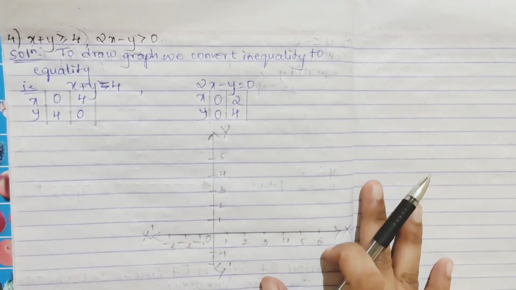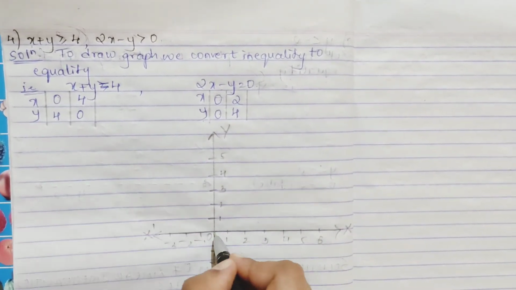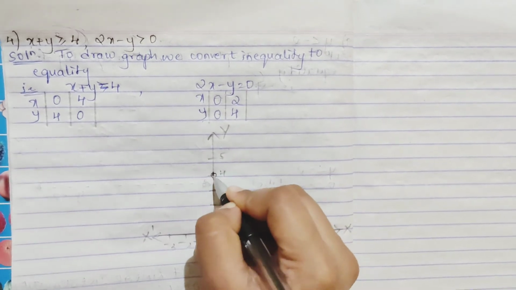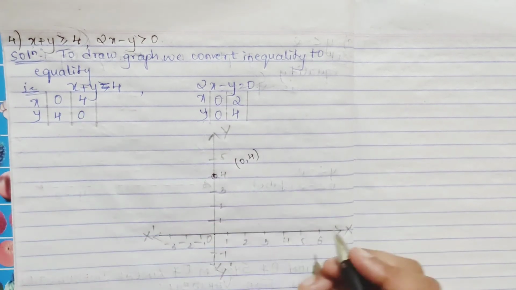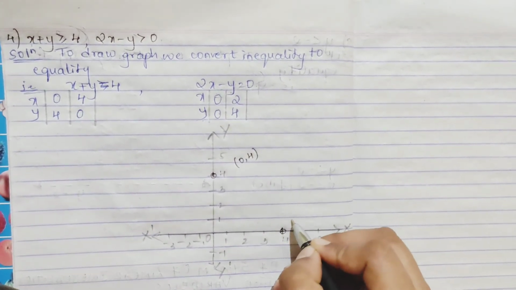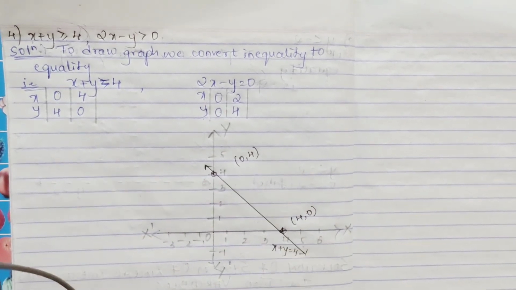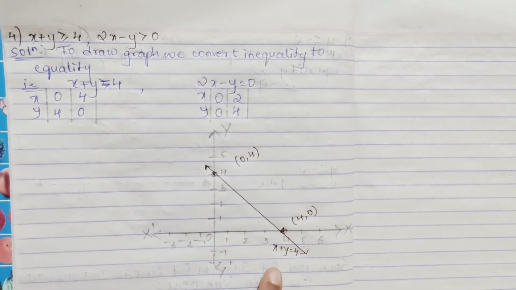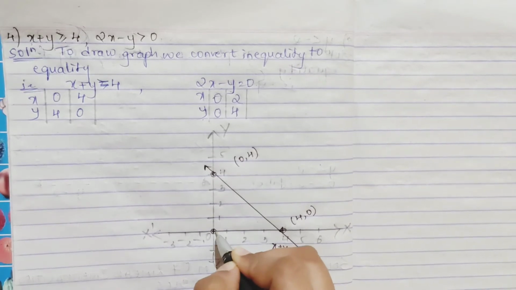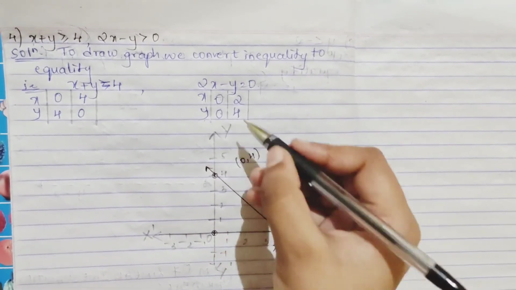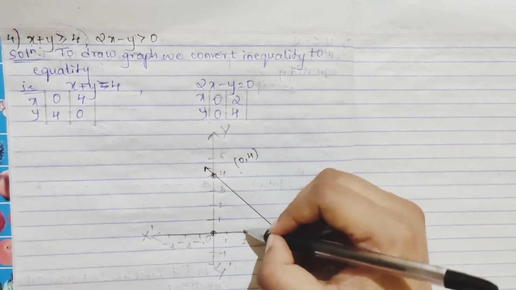We'll plot the points on the graph now. So for your first equation, when x is 0, y is 4, which means here it comes. Yes, when your y is 0, x is 4, which means you're getting here. Okay, this is x is 4, y is 0. So just draw the line. See, I've drawn it and I've also written which line it is, x plus y is equal to 4. Second, when x is 0, y is equal to 0, which means it is this point. Okay, and when x is 2, y is 4, here you'll get somewhat this section.